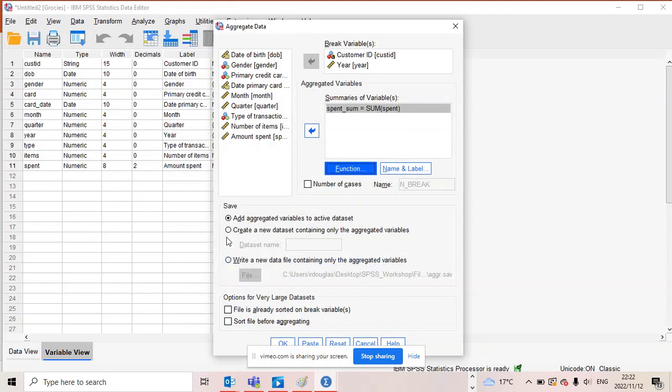Then you need to create a data set containing already aggregated variables. Then you give it a name. You can call it amount spent